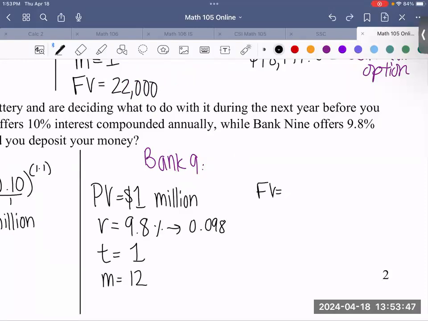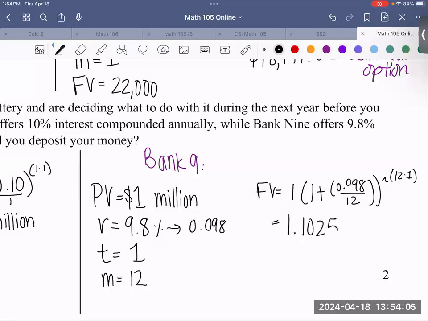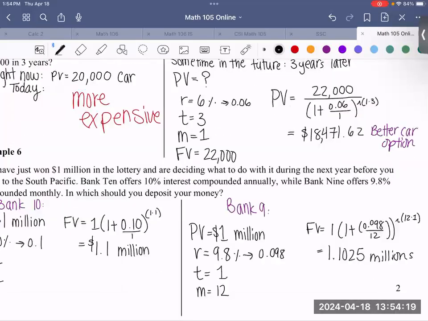Present value 1 times 1 plus 0.098 over 12, to the 12 times 1. If you plug that into your calculator, hopefully you got something like this. If you just wrote out millions, that's okay. You're going to have the same, mine is just in scientific notation, so it's a little bit shorter and smaller. So comparing the two,